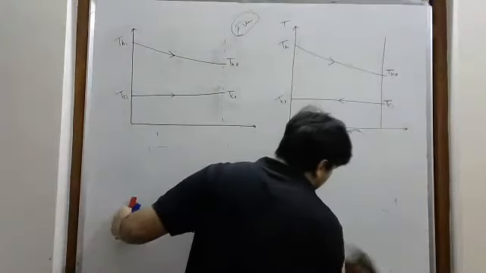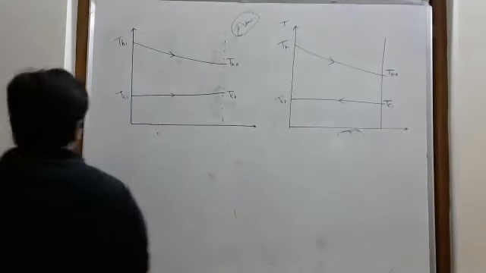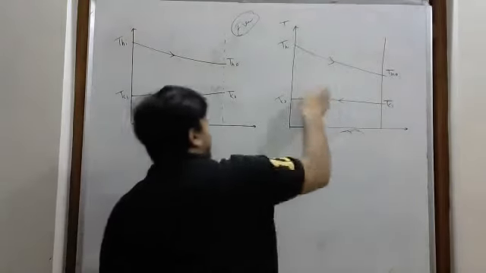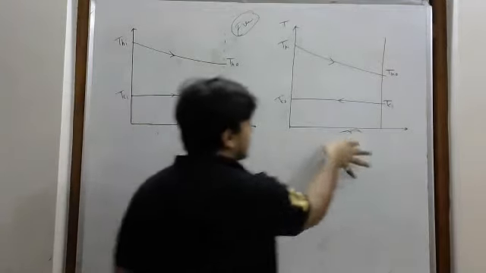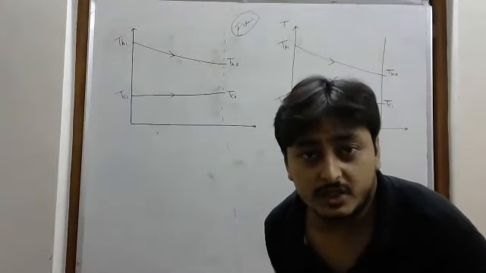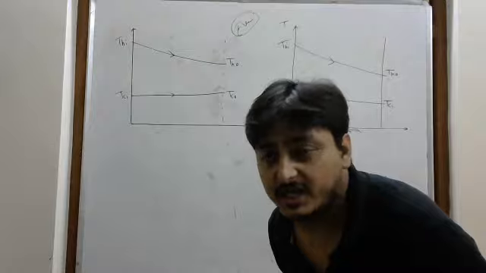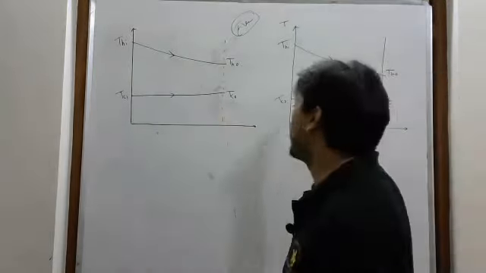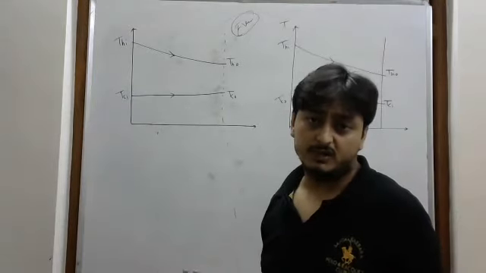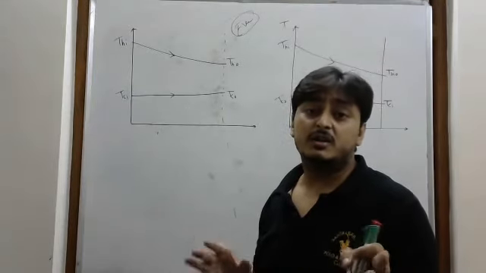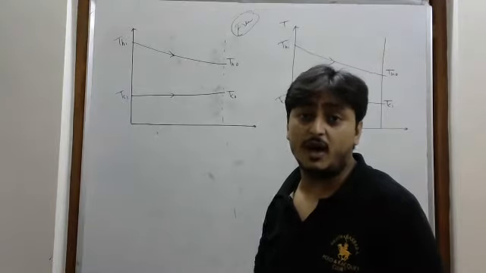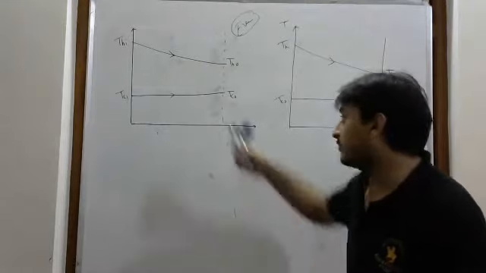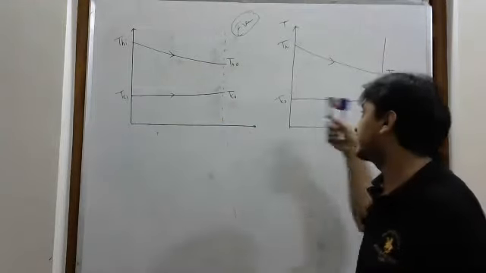Now what I am trying to prove here: if I have the inlet temperature high, and outlet temperature, TCI, TCO, like that, this is parallel flow, this is counter flow. Is there any difference between this one and this one? If I make it like that or like that, will any difference come? No. There is no difference in the case of parallel and counter flow. Why? Because if you find the LMTD for this one and this one, both will come the same. Apply the formula, you will get the same.